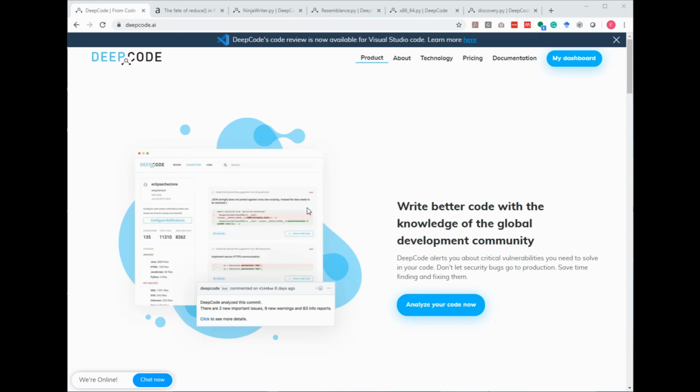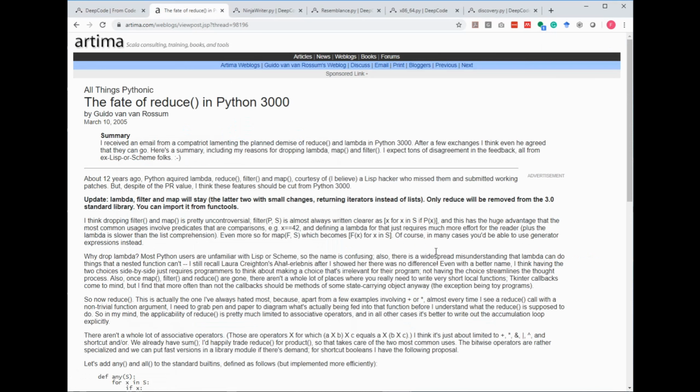In this Nibble I want to show you two things. First, a Python example based on the fact that Guido, the so-called inventor of Python, was fighting with himself quite a lot about whether he should remove the constructs lambda, filter and map from Python 3, going from Python 2 to Python 3. He decided against that and kept them in, but his argument was that you should use something else instead, and I will show you what he meant in a second.